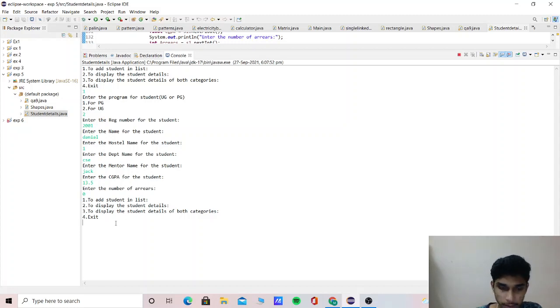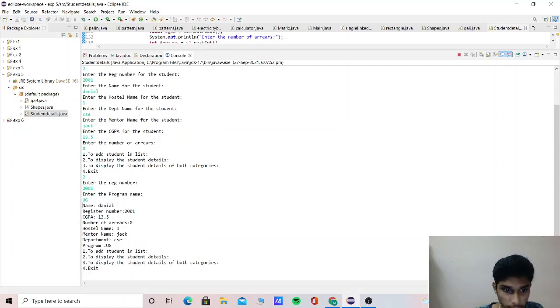Then I'm displaying the student details. Register number 2001. If I give it, it shows enter the program name UG, and just shows everything.